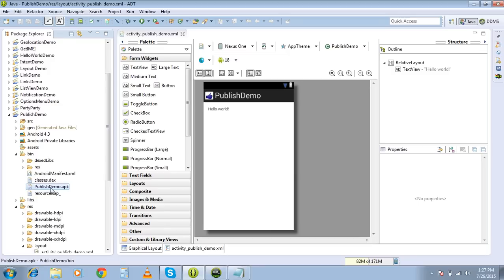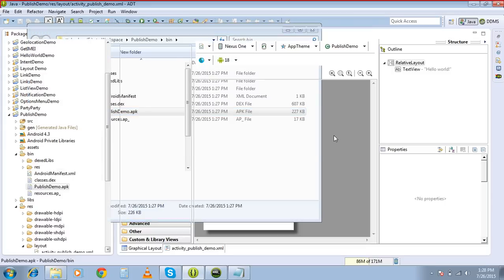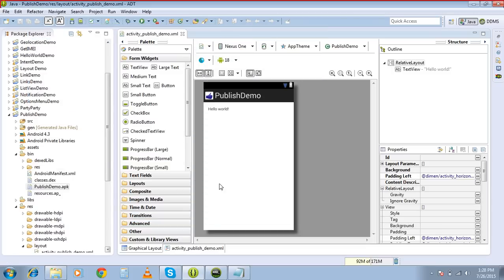So I'll just right click this and I'll say open explorer. Okay, so this will open the explorer for me. So this is my APK, but before that we'll try to upload other things. We'll try some other APK and we'll process it later, so that we see what problems it gives with the com.example and all. Okay, so first now we'll move on to